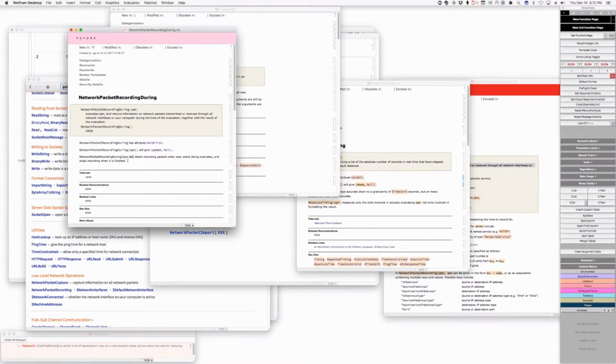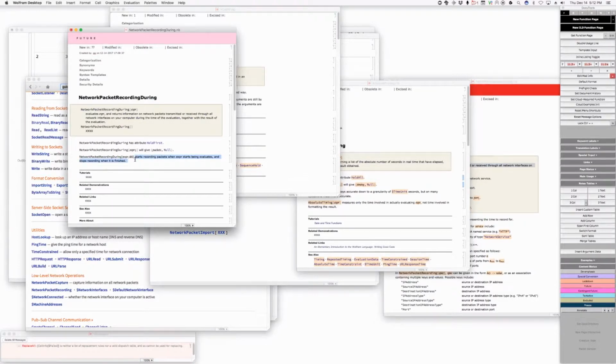Couldn't we also just say it records packets while expr is being evaluated? That's a lot shorter. Okay, fine. But then we're just repeating this. Right, but what we want to say is